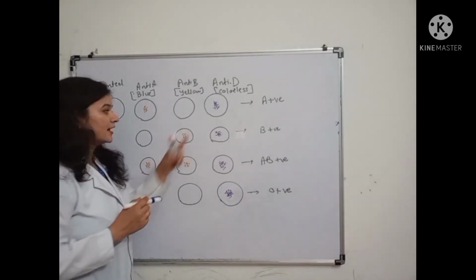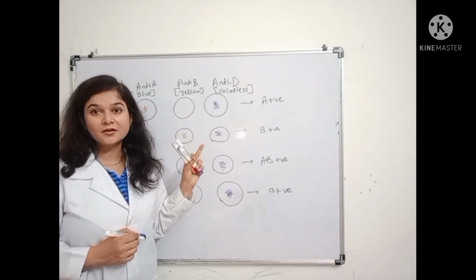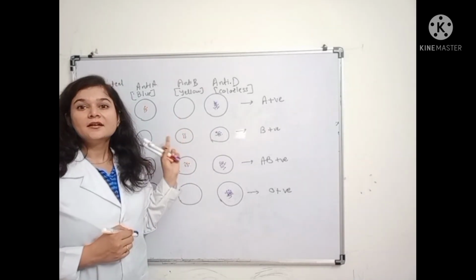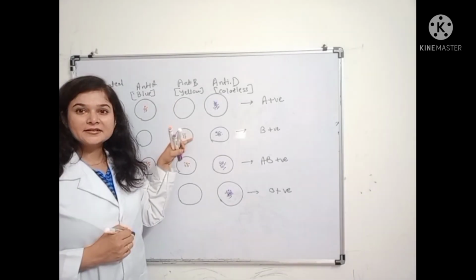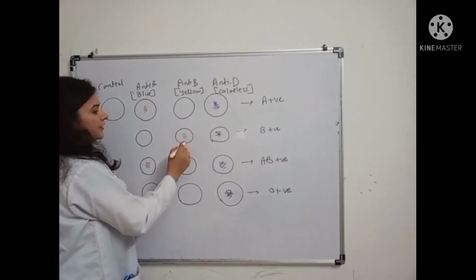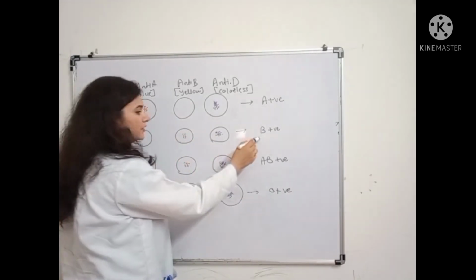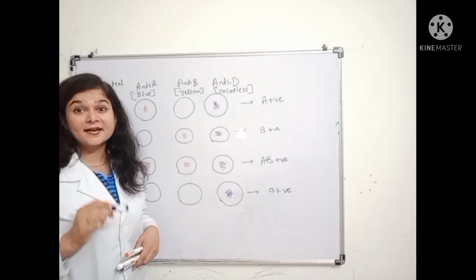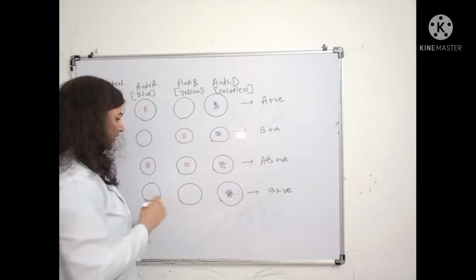Suppose a person has the blood group B, meaning presence of agglutinogen B on the cell membrane of the RBCs, and if we mix with the anti-sera B and A, it will agglutinate with the anti-sera B that contains the agglutinin B, right? So if there is agglutination here and here, the blood group is B positive. If the agglutination appears in all 3 pits, that is anti-sera A, anti-sera B and anti-sera D, then the blood group is AB positive.